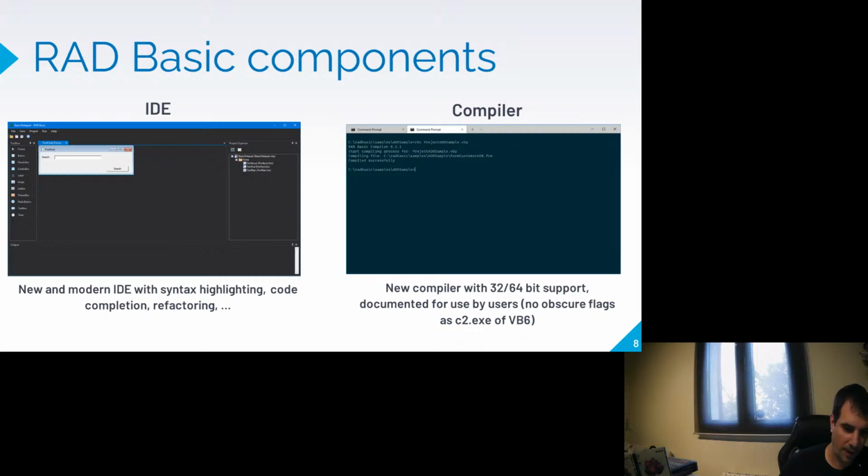The new compiler with 32 and 64-bit support, and a new edition. It will be documented for use by users. In Visual Basic 6, very few people use the Visual Basic 6 compiler from the command line. It is called c2.exe, and has some obscure flags.